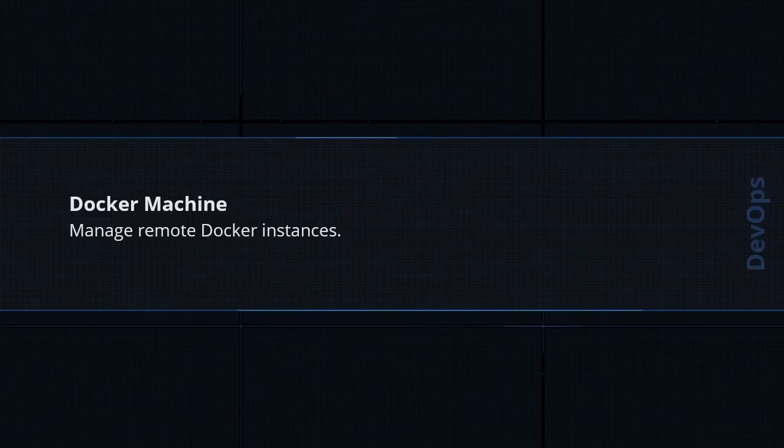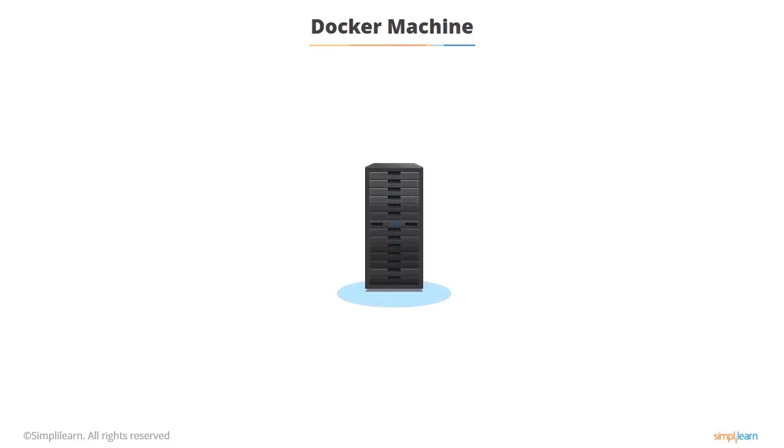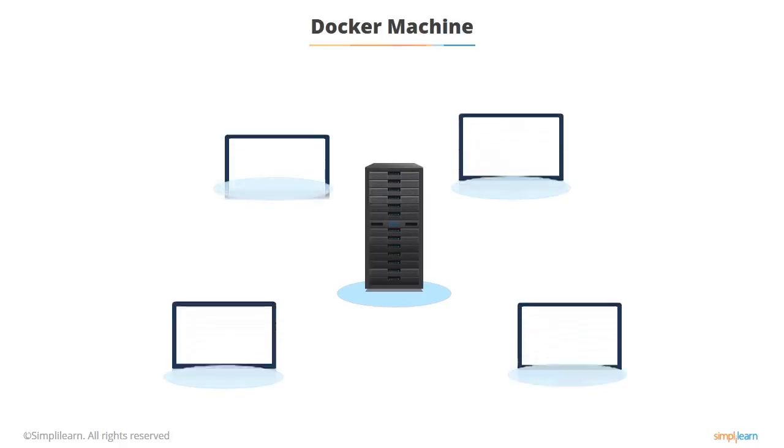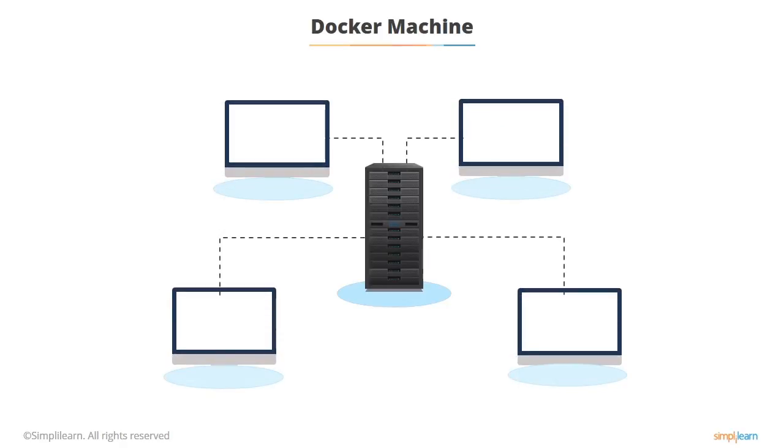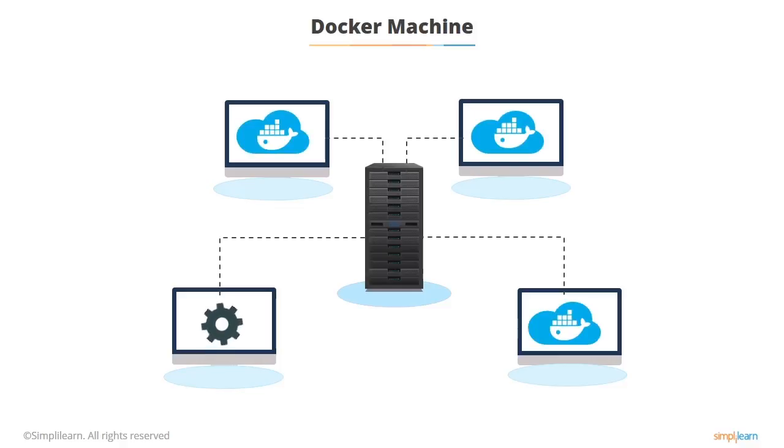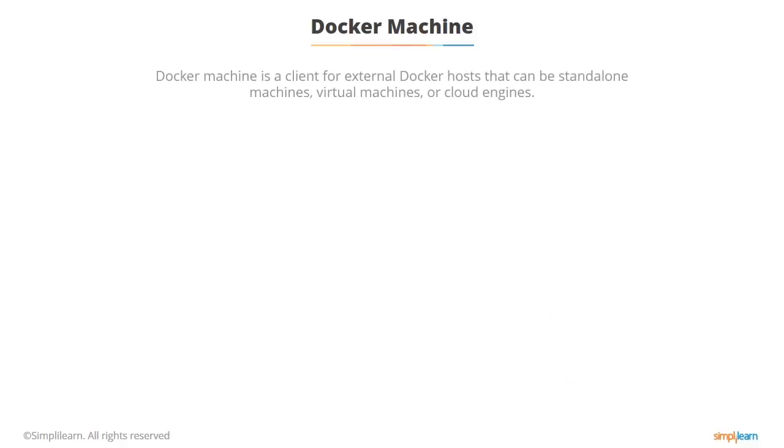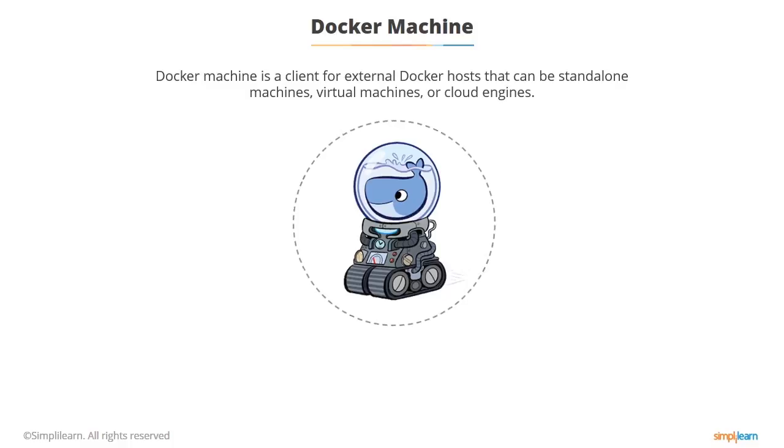So the final section for today is Docker machine. This is actually really neat. This is where you can manage Docker instances on remote machines. Typically you have one particular computer which is nominated as the controller, and then all the other machines anywhere in the world, maybe in the cloud, can be managed by that machine. And you can do anything you like to their Docker instances if you've got the right permissions.